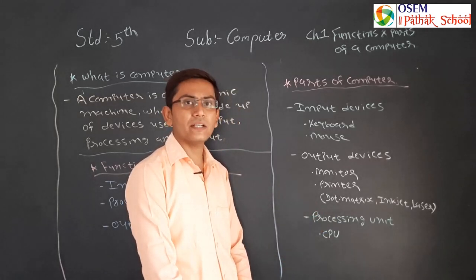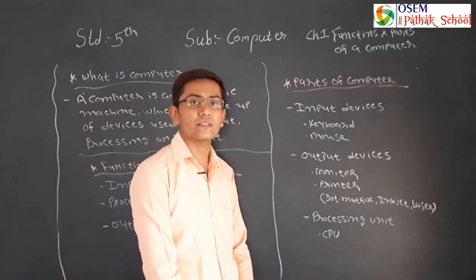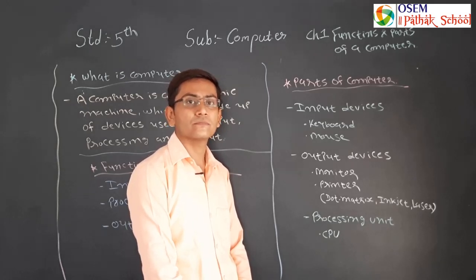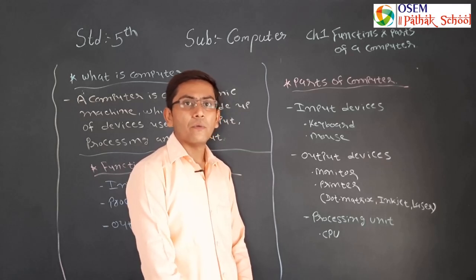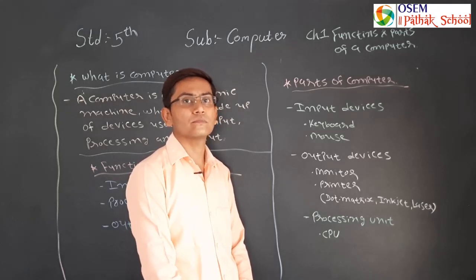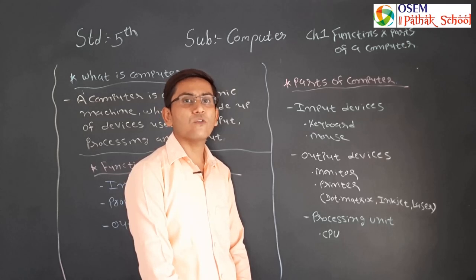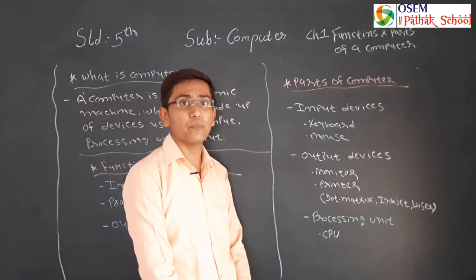In dot matrix printer, there is a set of needle-like pins that prints words or pictures. It means dot matrix printer prints word or picture with the help of small dots. Dot matrix printers print in black and white format only, and this type of printers are noisy and slow in speed.